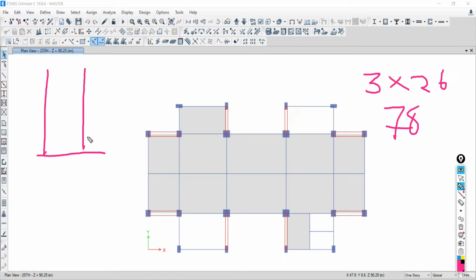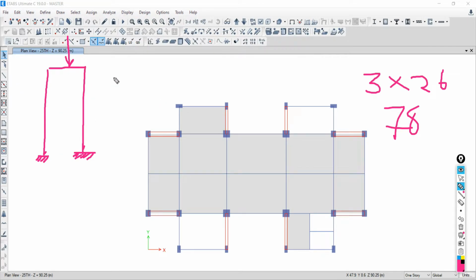Suppose the structure is there, and this is your structure. Only the gravitational load is there, and this is the fixed point. Under the application of the loading, whatever stresses develop, and the moment is going to be generated at the base level. So this is the normal practice and normal approach.